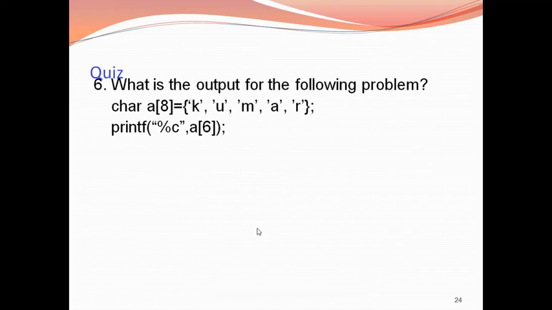Here the array size is 8. The number of elements assigned is KUMAR, 5, but here it's trying to print the 6th element. Option A, R. Option B, null character. Option C, garbage value. The correct answer is B. The character array will store the last element as a null character.